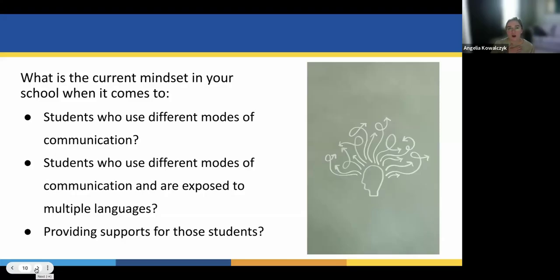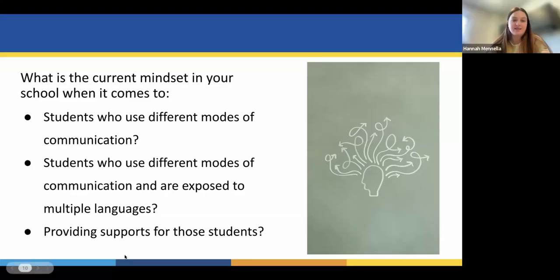I know Hannah and I in our work, we find that a lot of people are very open-minded to it, but very scared, just because it is a new thing and a new way to communicate. Hannah, is there anything else that you've seen that I didn't share? Yeah, I do think we're seeing an increase in students using AAC in the school districts, particularly high tech AAC. So I think a lot of times it's something new, something unfamiliar, something that we need more knowledge around.